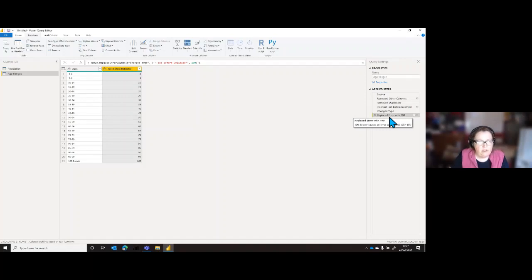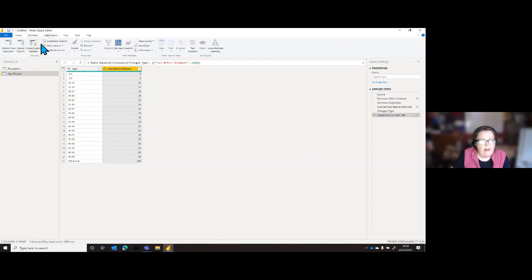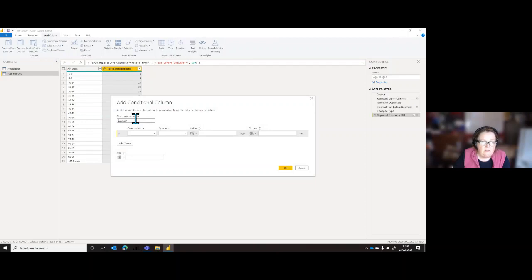So the other thing I want to do is put in child, adult, oh sorry, working adult, retired. So as 3 categories. So we're going to add a column, and I'm going to make it a conditional column. For those of you that understand Excel, this is an if, or any other language you understand. So we're going to put this in as a category, and we're going to go for if the column